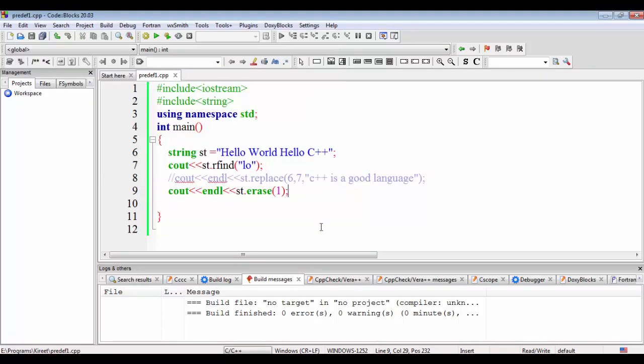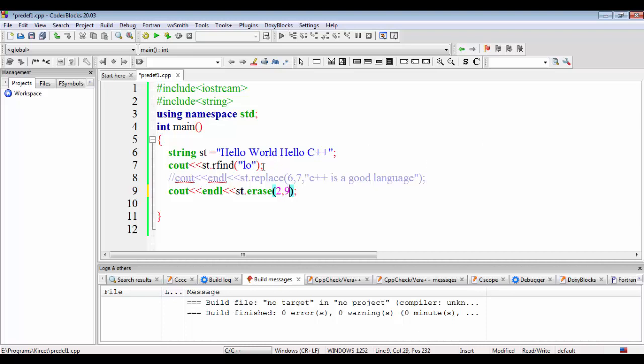But if I want to erase a particular part, from a source to a destination, I have to provide the starting index, the index from where I want to erase, and the total length. For example, I want to erase from this first L to this D. So I'll pass the starting index 0 1 2, that is 2, and the length 1 2 3 4 5 6 7 8 and 9.